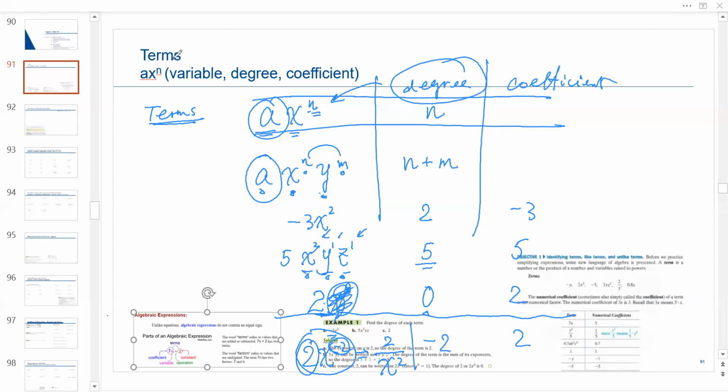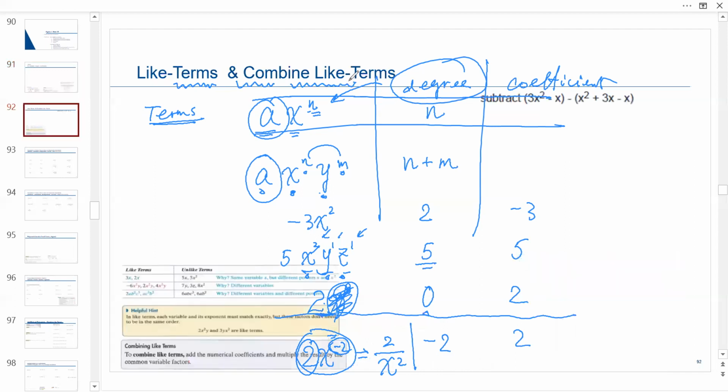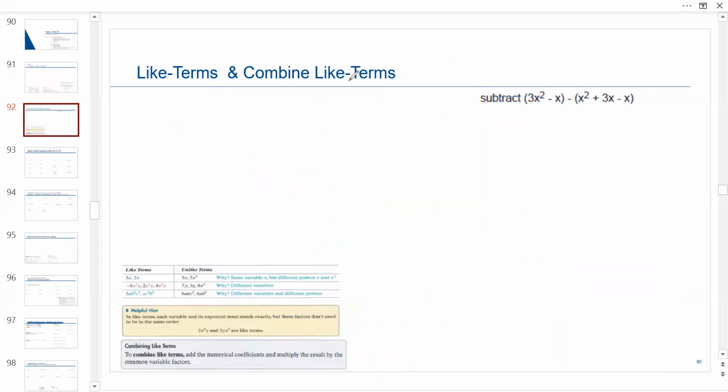Okay, so here, given a term, we find its variables, try to find its degree, and try to find the coefficient. All right. So with this introduction, these are the basic concepts about terms. So since we know the terms, anyone can give me a term. Okay, so I'll give you, say,